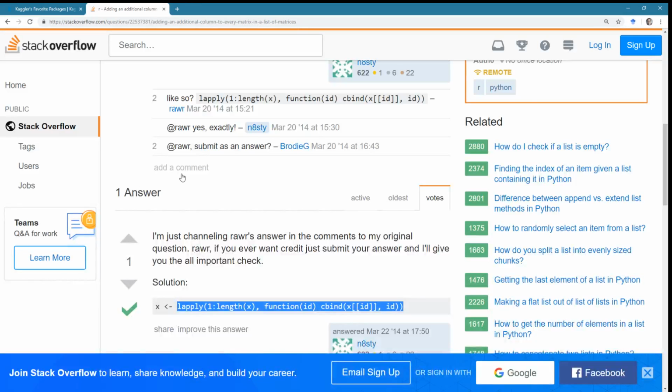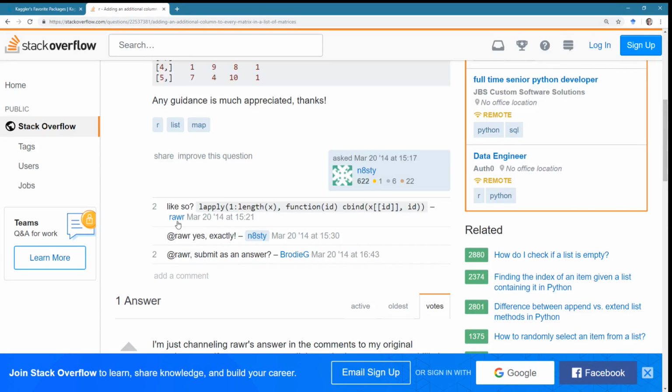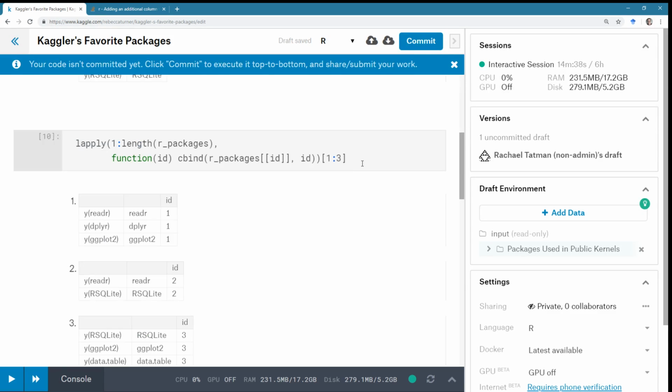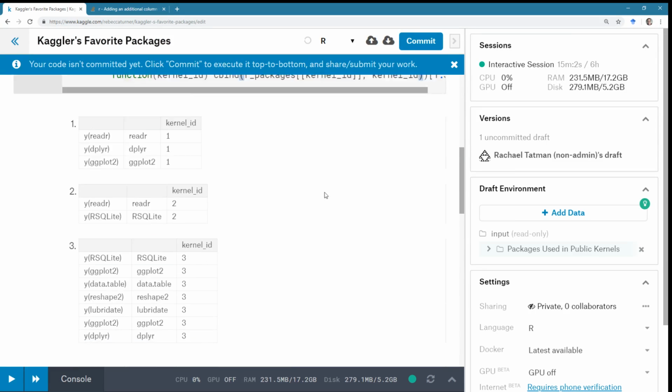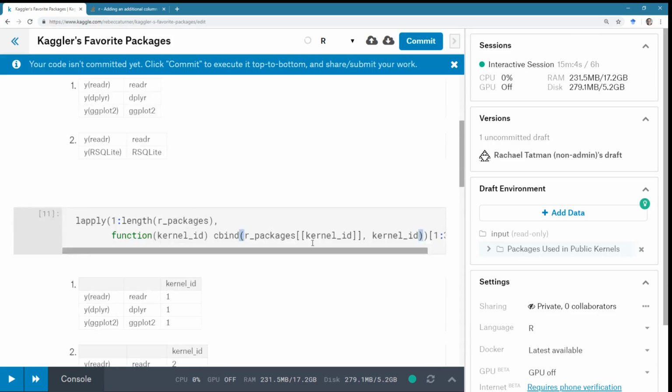Thank you, @rar, Stack Overflow user. Yeah, I didn't know about that. So ID, well, can we call this anything? Sorry, I know I'm fixating on this, but does it have to be ID? Can I call this kernel ID? Will that work as well? I know it's very long now. Yeah, okay, you can call that anything.